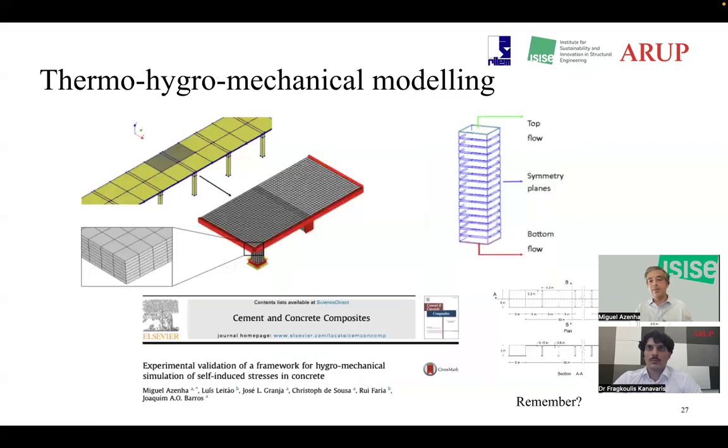But speaking about simulations, I would like to draw your attention to something that was already presented in this presentation, sorry for the repetition, which is this system that we had as a benchmark a few years ago for designers to compare the behavior of their models. And what we did was a full 3D thermohygromechanical analysis, which is, in my view, the most complicated thing that you can do at macroscopic scale with the people that are actually getting results for the structural level.